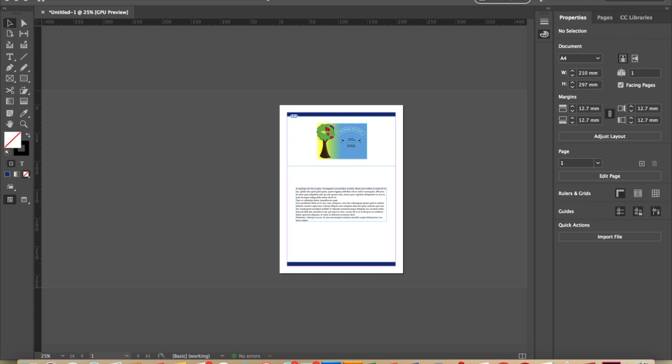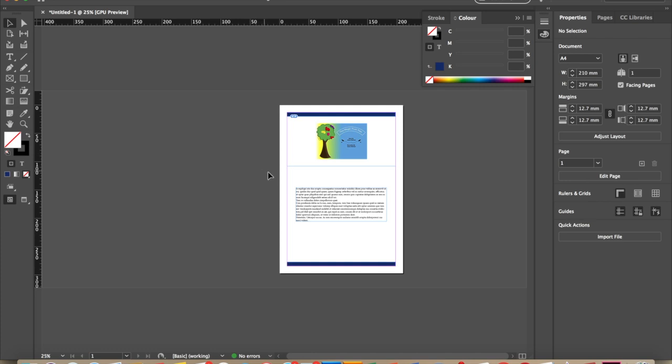InDesign tutorial. So in this tutorial you will learn how to zoom and pan. So my document is here. You can either use the magnifying glass right here, one click,